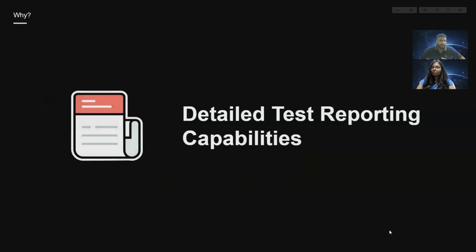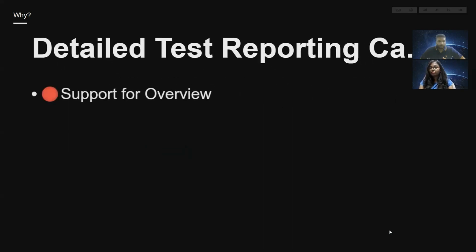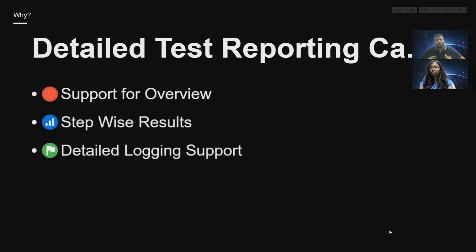Another is the test reporting, and Cometa offers very detailed test reporting. Why I always focus on test reporting for tools is that nobody looks into the logs when the test case passes, but the logs and reporting become very important when the automated test fails, because from there we get all the insights and information. So reporting is a very important factor, and Cometa offers an overview of the entire execution, and you can even see the stepwise results and the text logs for your execution.